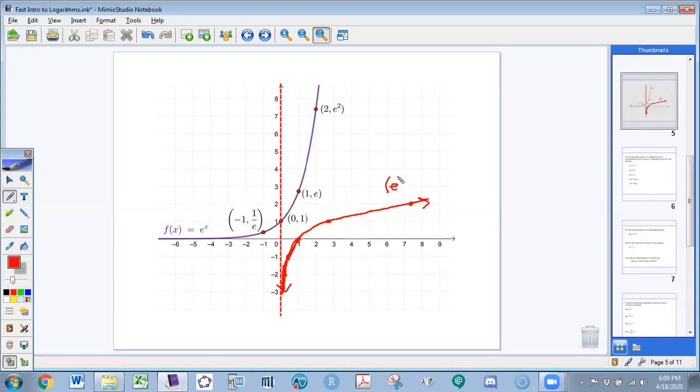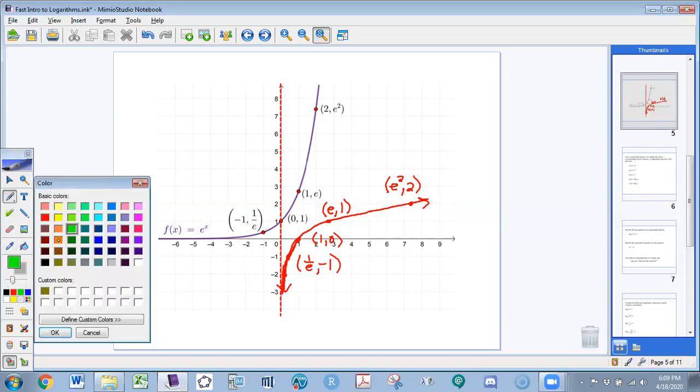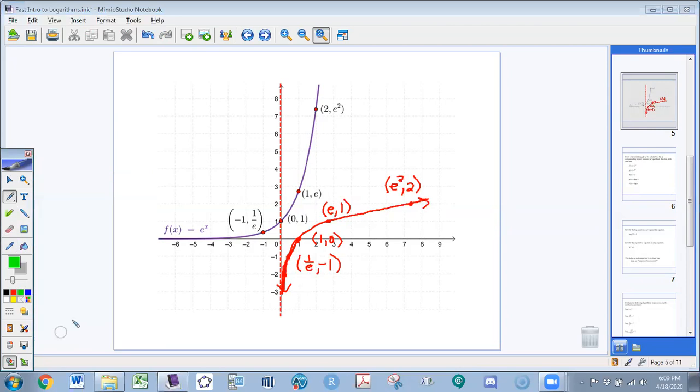So this goes through e squared, comma 2. This goes through e, 1, 1, 0, and 1 divided by e, negative 1. So something that is important for us to see here as far as what's happening with this is